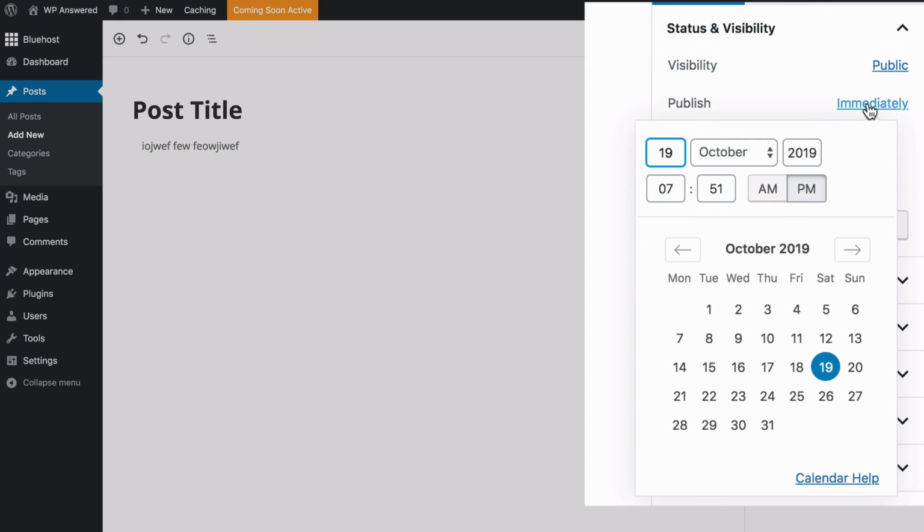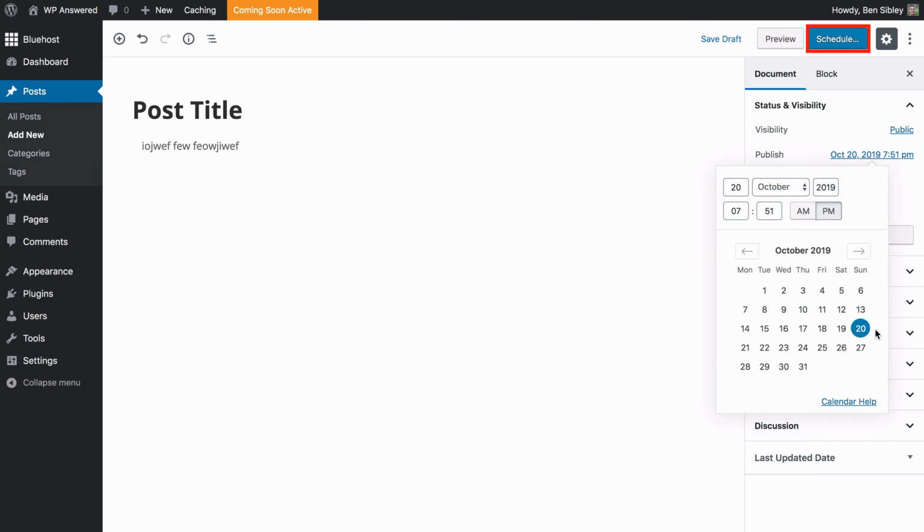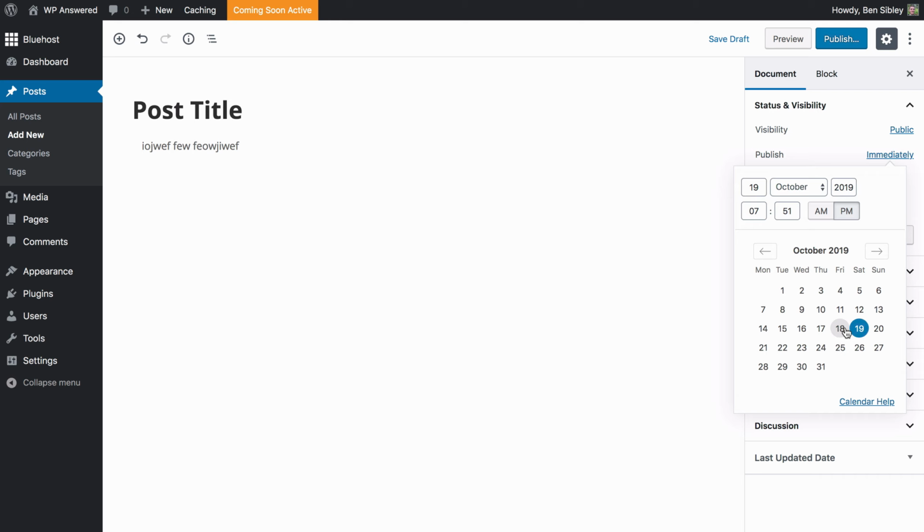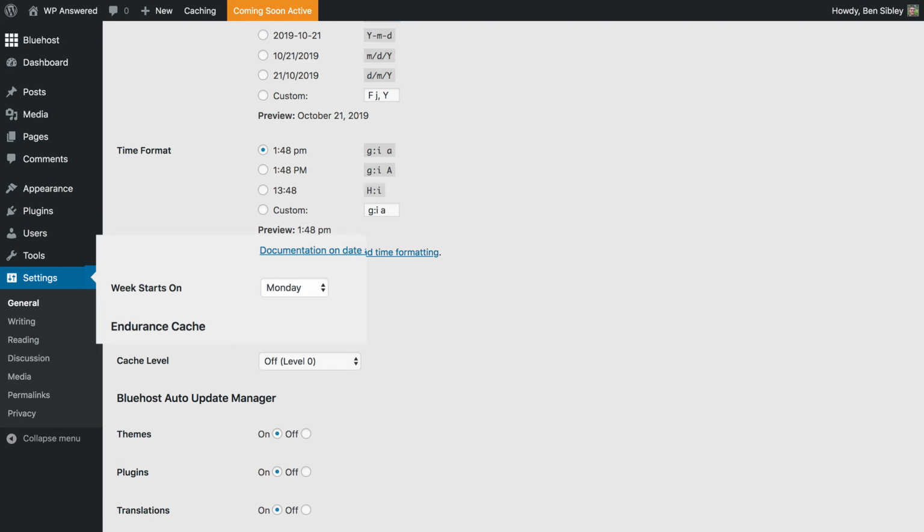on the immediately link. Normally, a post will be published the moment you click the Publish button, but you can use the fields in the calendar here to set the post to publish on a future date. If you do choose a date in the future, you'll notice that the Publish button changes to Schedule. Also, while we're here, I'm used to calendars putting the weekdays in the middle, so if you're like me and you don't like the weeks starting with Monday, you can visit the General Settings menu and change that with this